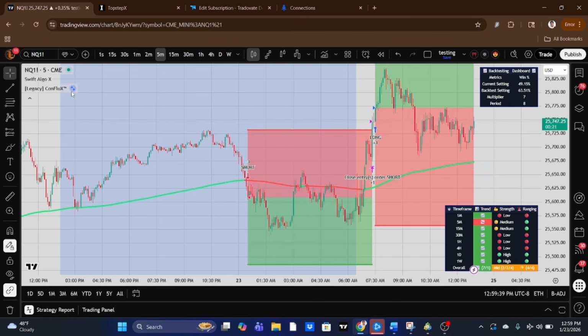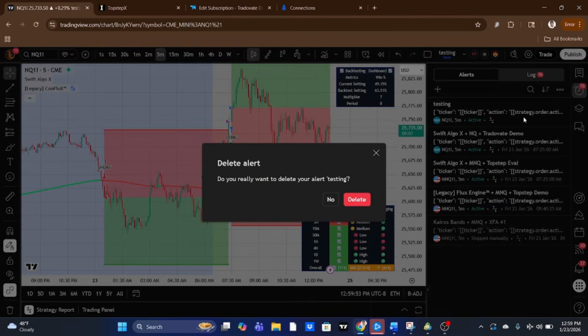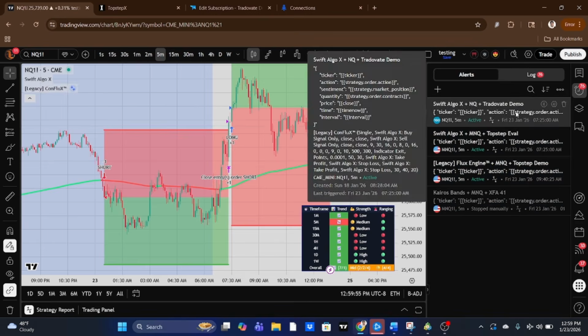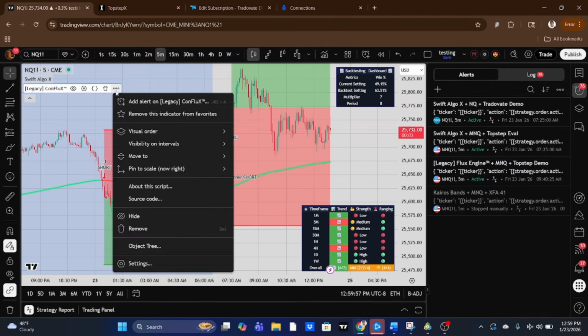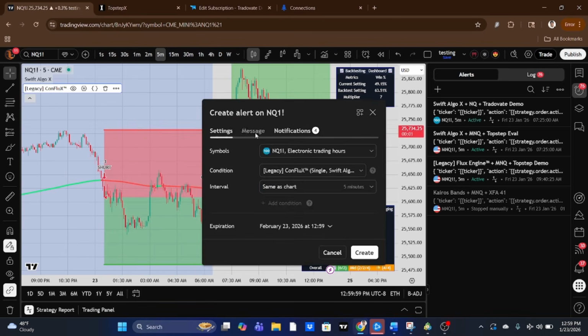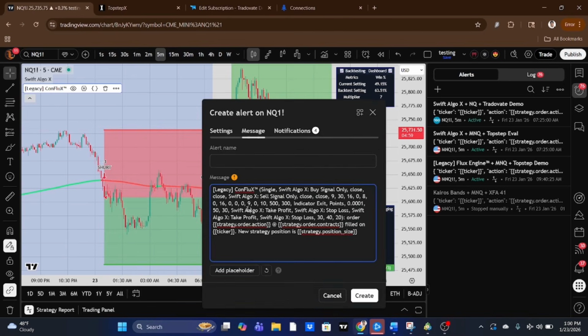And see how the alert icon disappears. It means that you changed something in the settings. If you do change it back, then the alert icon does actually come back. So when you change something in the settings, you do actually have to delete the alert. So you do have to delete this one, and then you will need to actually remake the alert all over again. So go to message tab,